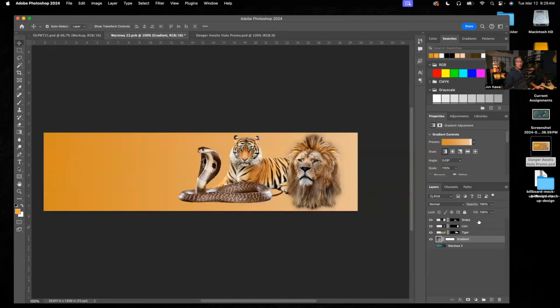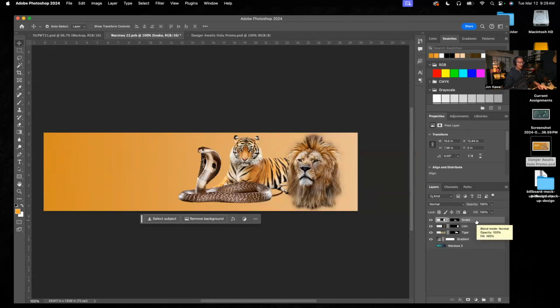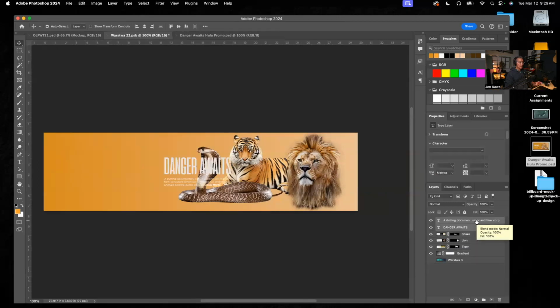I am going to select the top layer here because when I paste, every time you paste, it pastes above the layer that's selected. So I'm going to select this top layer and I'm going to paste, Command V. Okay. And there is my text. Okay. You can see the two layers that I copied. And I'm going to just